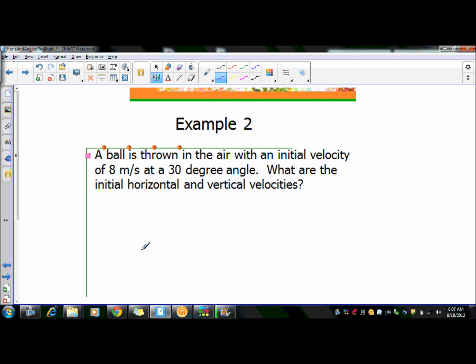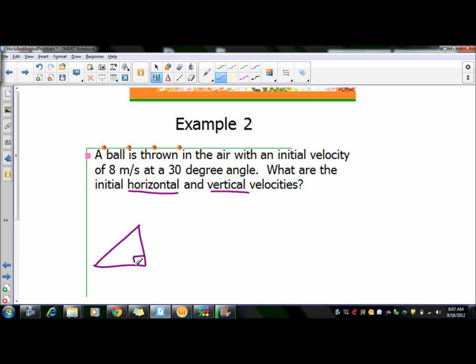So here's an example. This example should look really, really familiar because we did a lot of them that look like this with vectors. So it says a ball is thrown in the air with an initial velocity of 8 meters per second at a 30-degree angle. What are the initial horizontal and vertical velocities? Well, we're given an amount for the initial velocity. That's your resultant initial velocity. We're looking for the horizontal and vertical components, which means